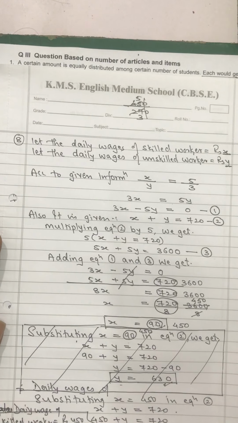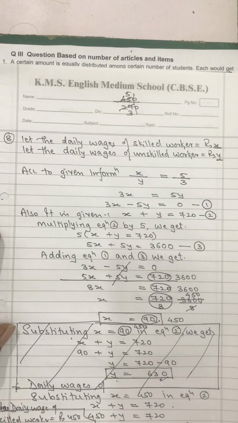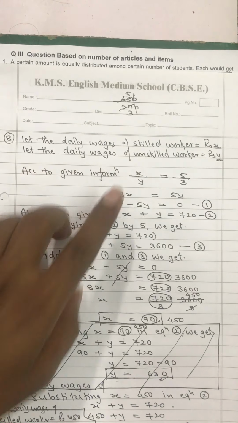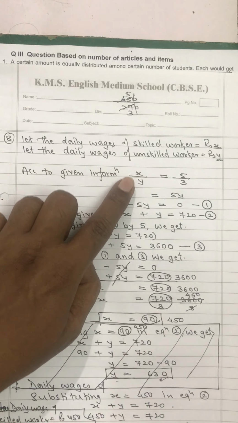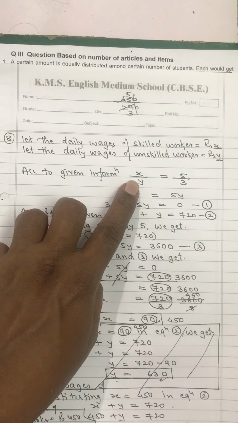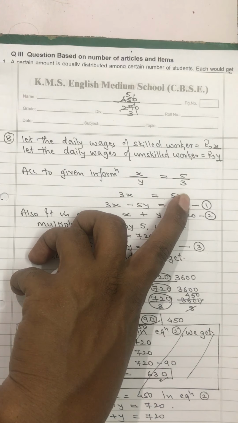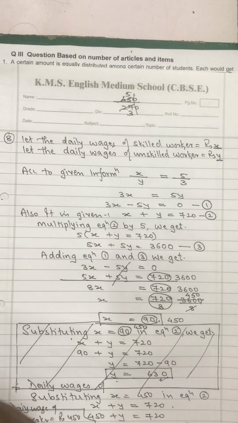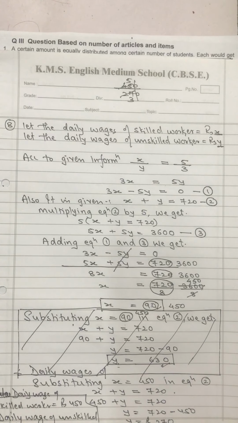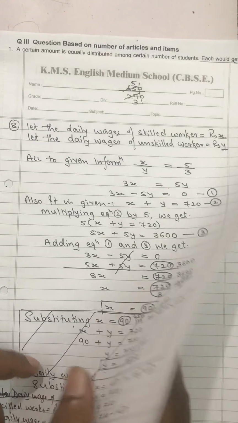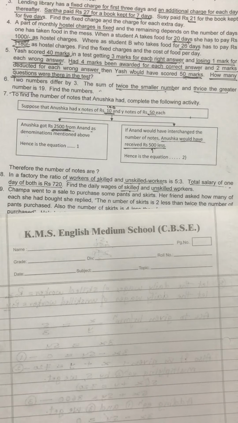But one thing is definitely you have to understand and keep in mind. The moment I told you first itself, a skilled worker is always paid higher than the unskilled worker, and that is what they have shown also. X is in the multiple of 5, whereas y is in the same multiple of 3. So x is higher and y is lower. But then we are getting here, this is how you have to think when you are solving. You have to keep monitoring your questions, your solutions, your thoughts, whatever you are getting. That is important, and that is what you have to learn.